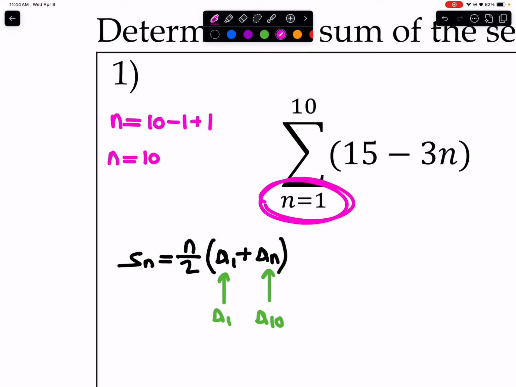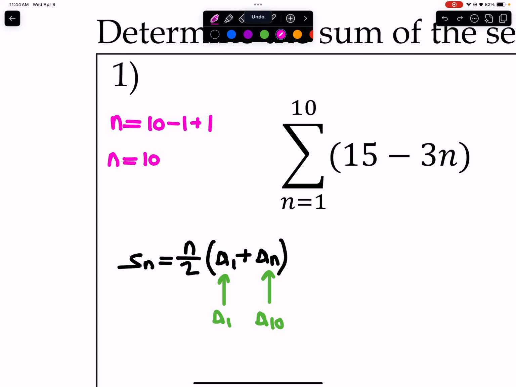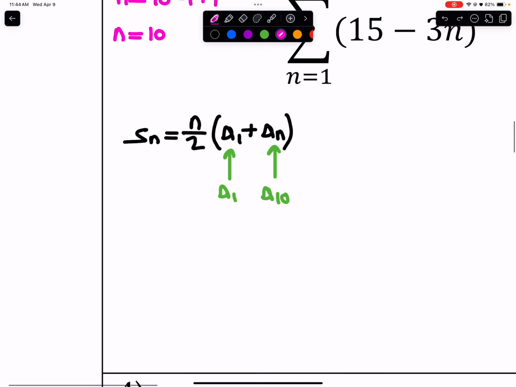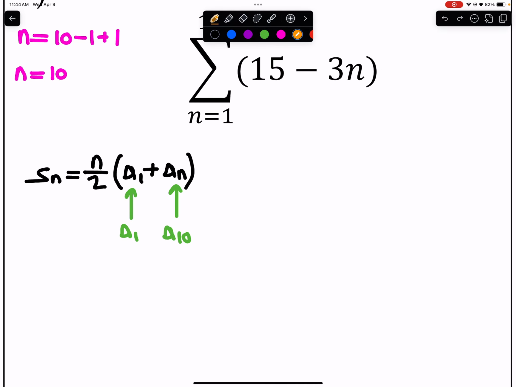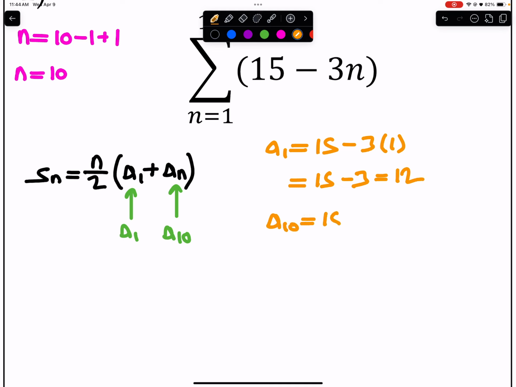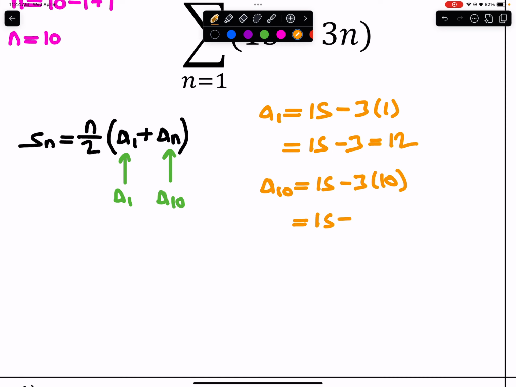So if you start at 1 and then you end at a specific number, this specific number up here is your n value. But remember, we're not always going to start at 1. When I plug in, I need to find the values of my first and 10th term. So a sub 1 is going to be equal to 15 minus 3 times 1, which is 15 minus 3, which is equal to 12. And then a sub 10 is going to be 15 minus 3 times 10, so 15 minus 30,